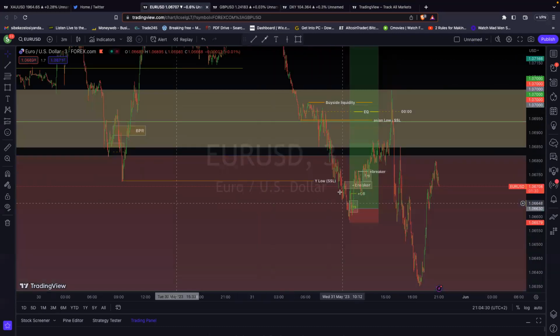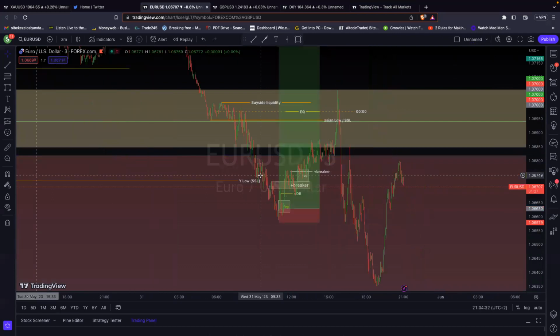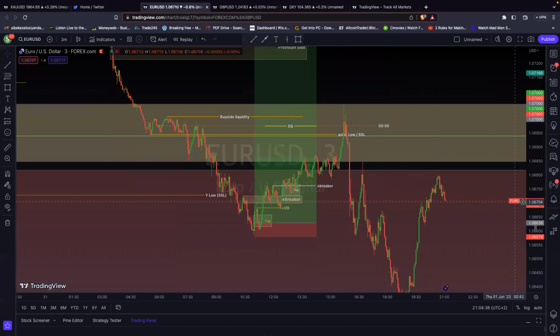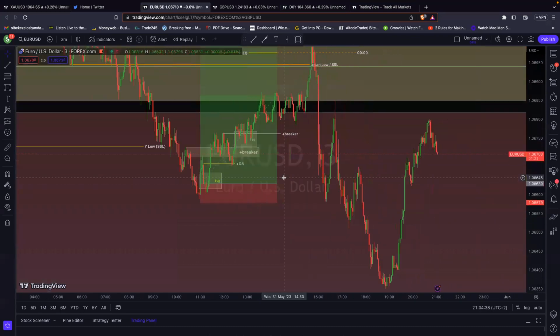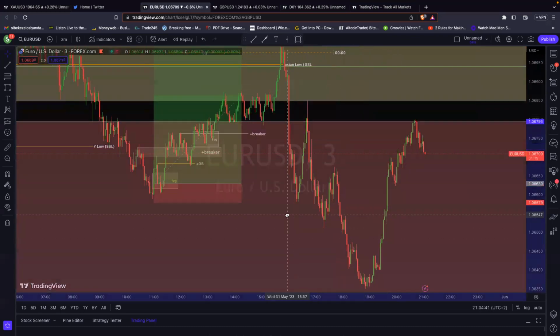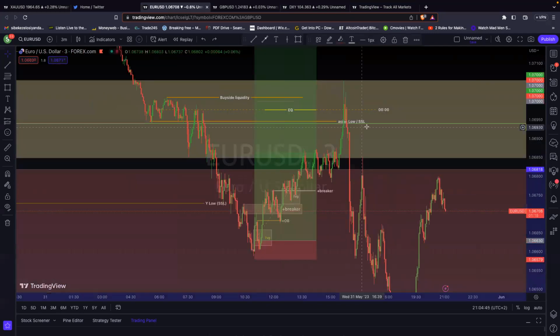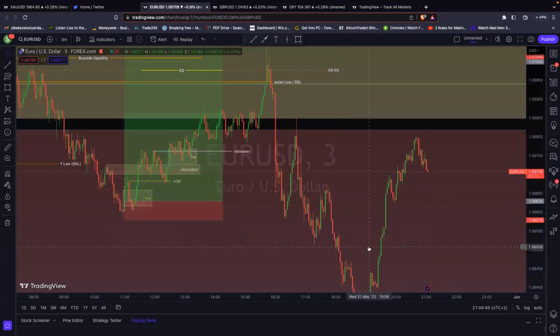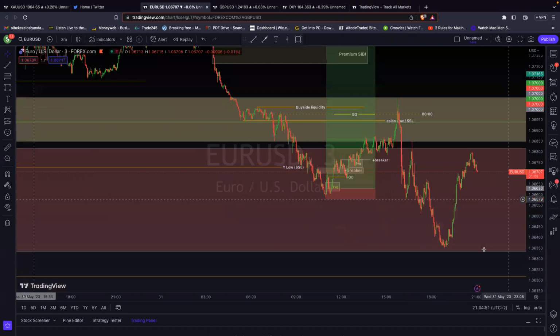EU was taking out yesterday's low. It took out yesterday's low. There we go. It took out yesterday's low after this red area here is also